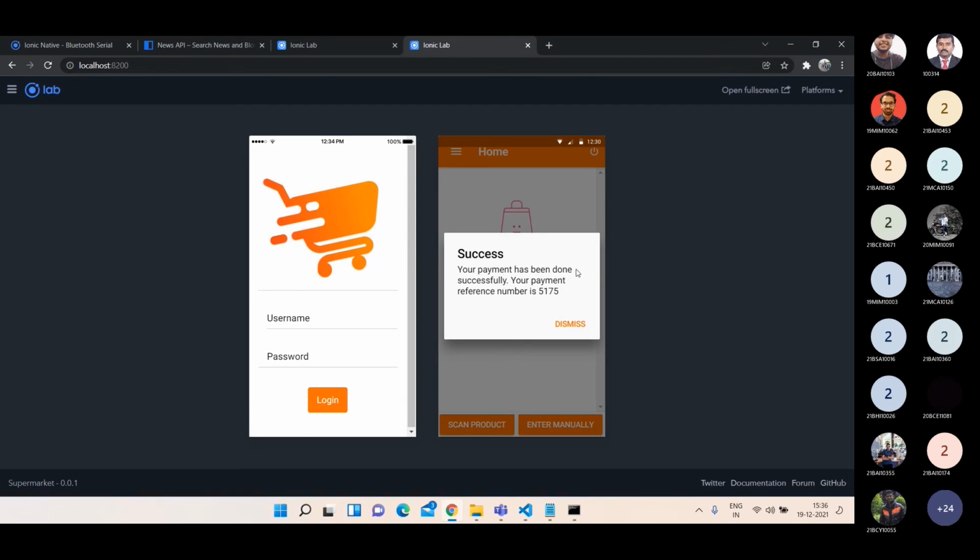Similar to the billing system, the billing kiosk they are having there, instead of that, you can have your own mobile phone as your biller. You can get it done. Okay, so this kind of application I have made just for fun purposes. I used to make something like that.